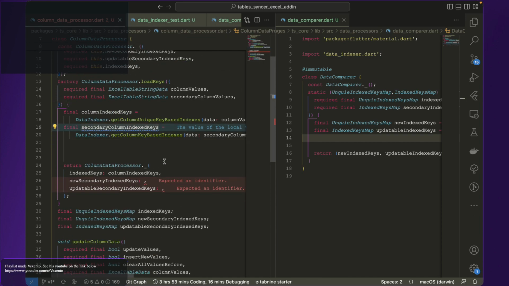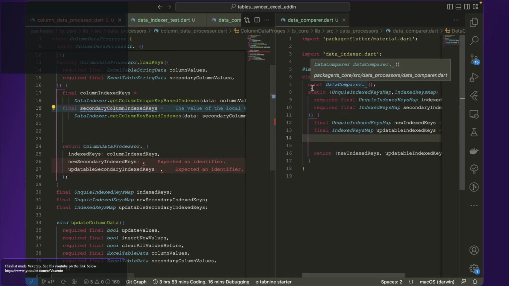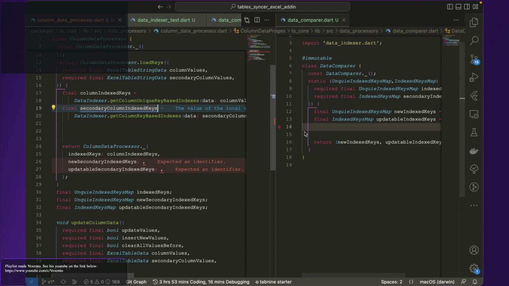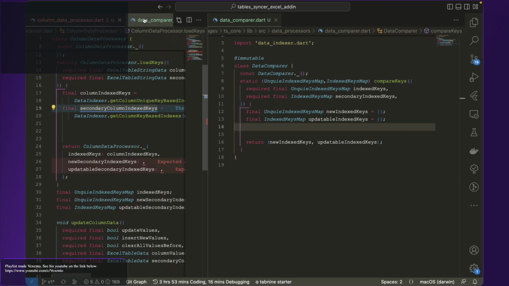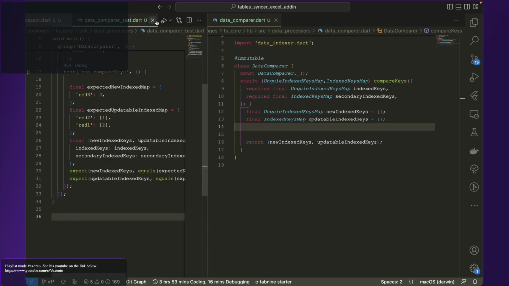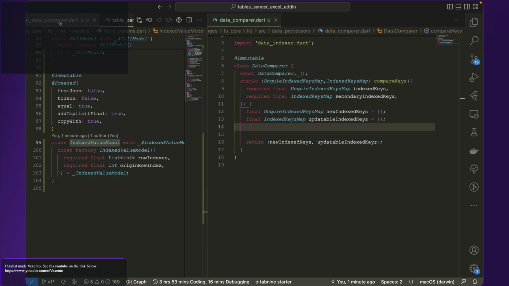Okay, it's built. That's okay. Now let's go to the models. Take index value model,